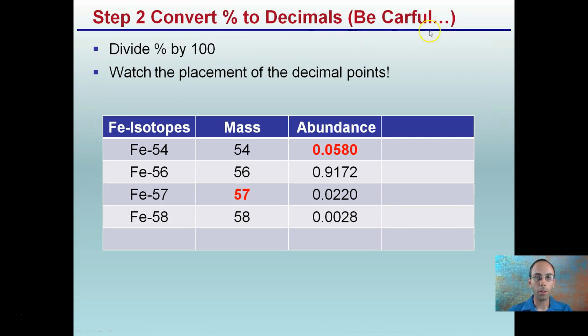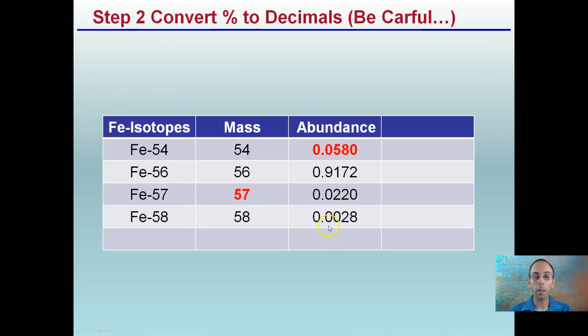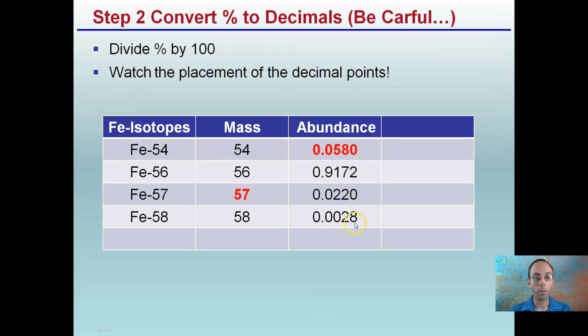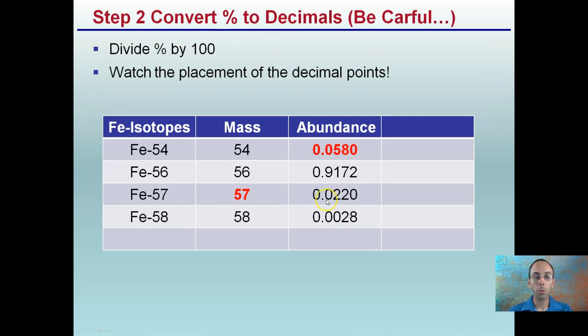Be careful. Notice how I misspelled careful on purpose. Be careful here, because when we divide by 100, watch the placement of the decimal points. So where a lot of students get tripped up here is 0.28. We still have to move that decimal 2 places to the left, so that becomes 0.0028. Same here with 2.2%. We look back, 2.2% becomes, move the decimal 2 places, 0.0220